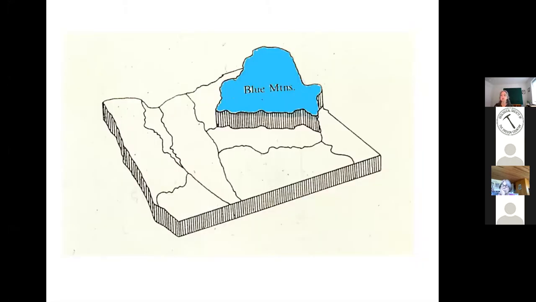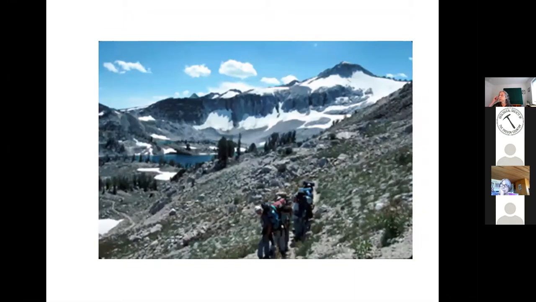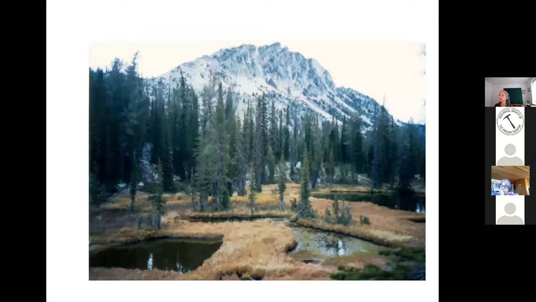So let's start with the oldest part of Oregon, and that would be the Blue Mountains, which we had a fantastic field trip to last year. It's in the extreme northeast corner of the state. The province is named the Blue Mountains after one mountain range, but there are many mountain ranges there. The beauty of the Wallowas is just incredible.